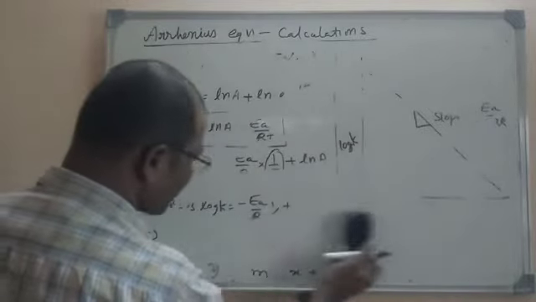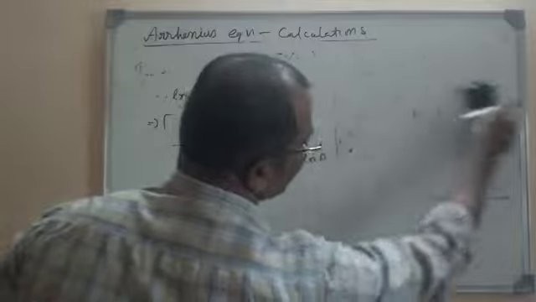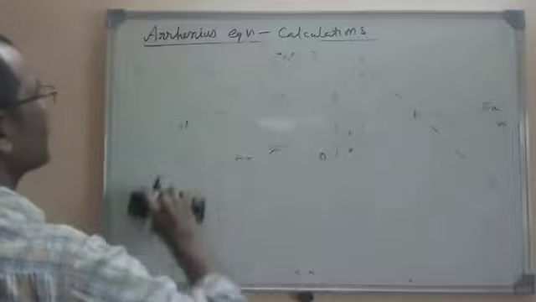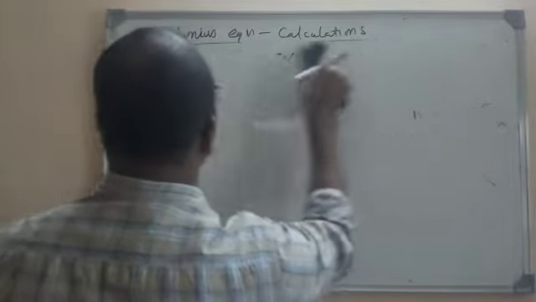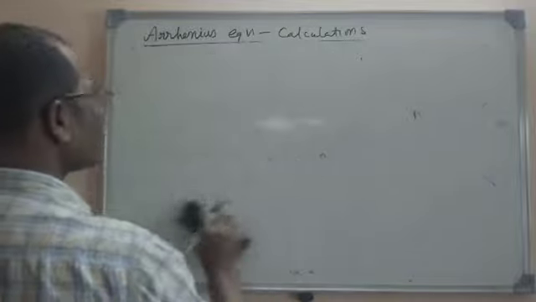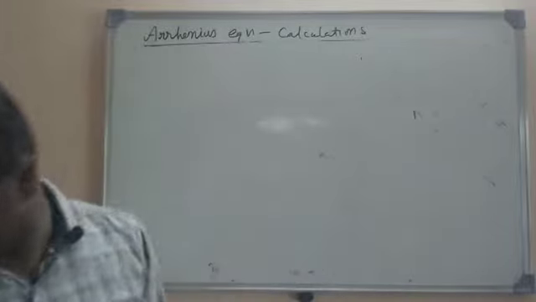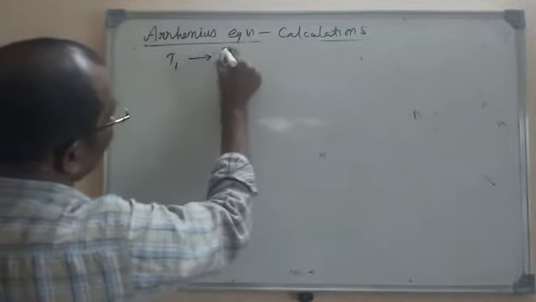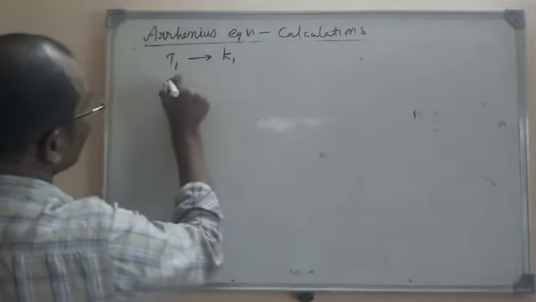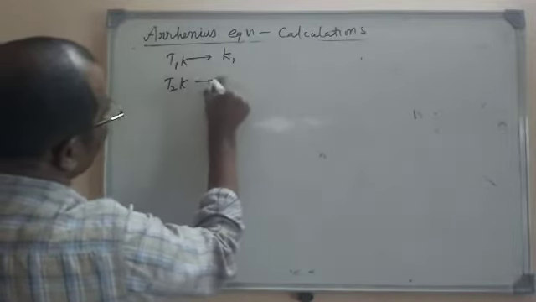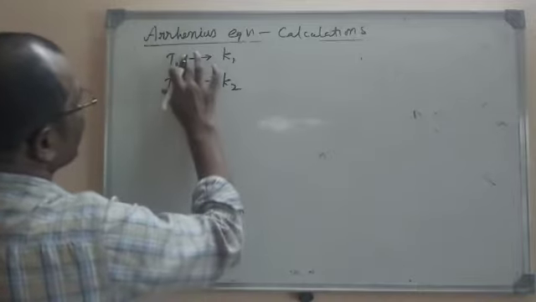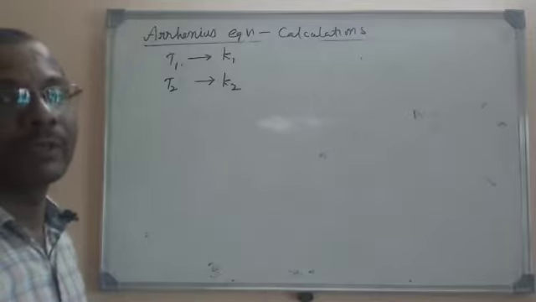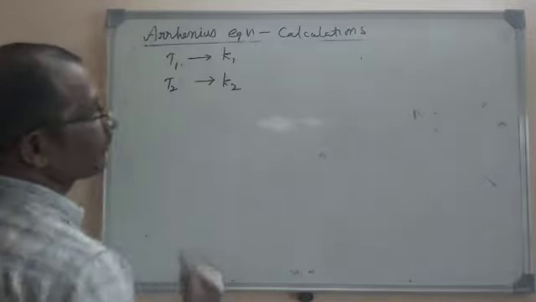So this is at one temperature. Here the temperature is T and the velocity constant is k. Whatever we have discussed now is related to the temperature capital T and the velocity constant k. Now the same you can apply to two different temperatures. For example, there are T1 Kelvin and I am assuming the velocity constant as k1. At T2 Kelvin I am assuming the velocity constant as k2. So here T1 and T2 are the two temperatures and their velocity constants are k1 and k2. Now let us write the Arrhenius equation for this.